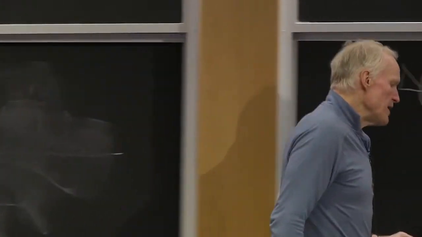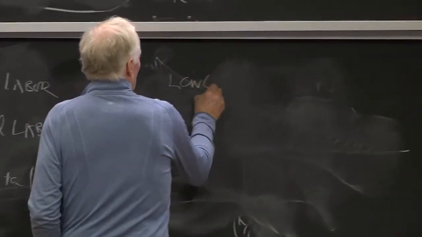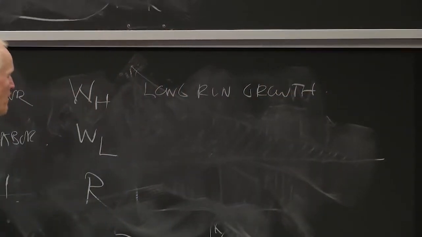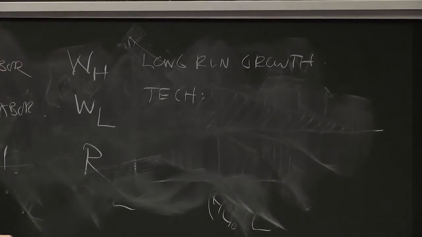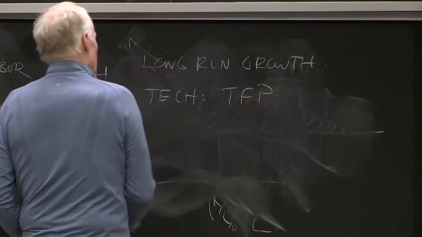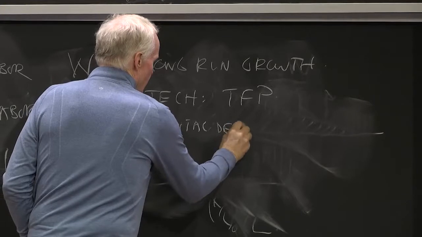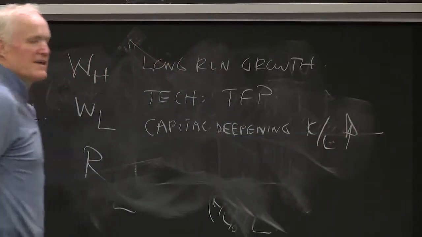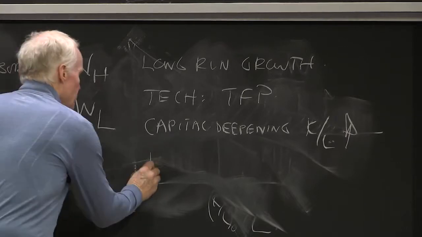The basic idea I want to think about is the process of long run growth. And long run growth in my model is going to have the following three ingredients. I think we put these on the board before. Technology, call that TFP. Capital deepening, K over L going up, so this is some composite of LH and LL, right? That's more capital per worker. And human capital deepening,